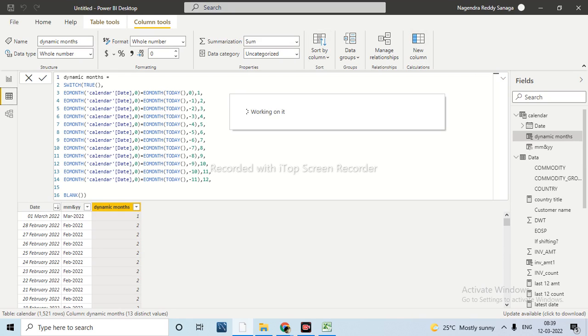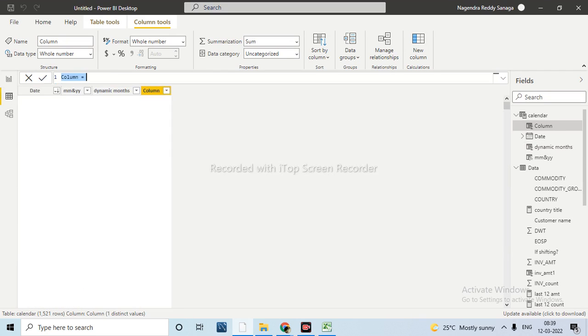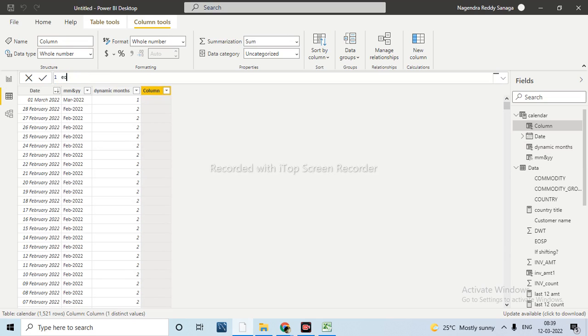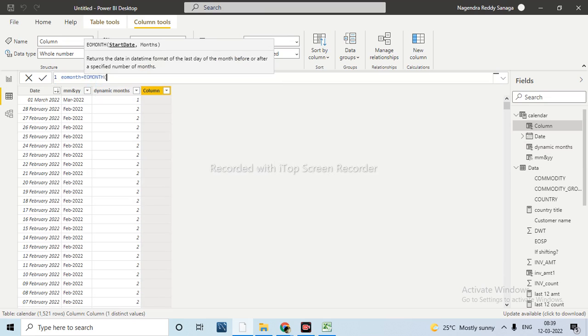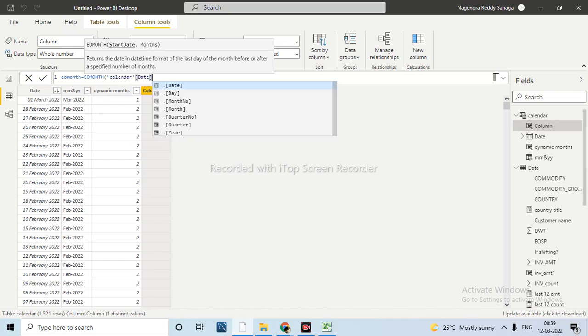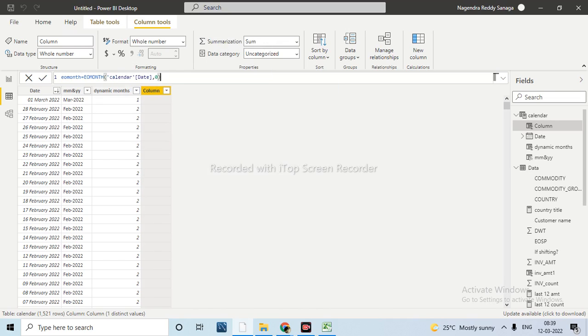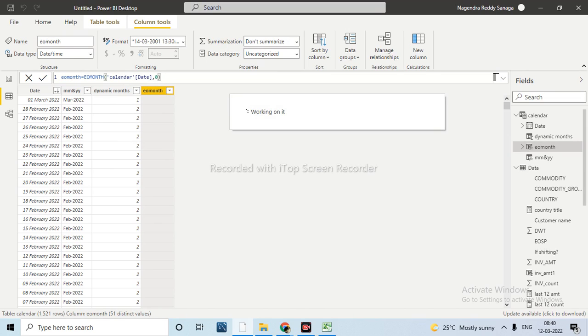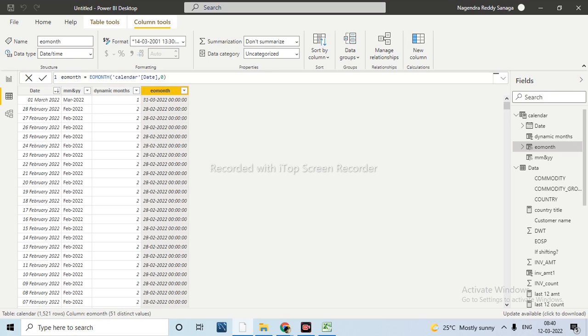First see what information we are getting from this and this, and later what we are doing. I am taking EOMONTH of this calendar table date field, and here we are passing 0. Wherever the date is, for that particular date it will give the last day of the month. For example, this is March 1st, but we get the result as March 31st.